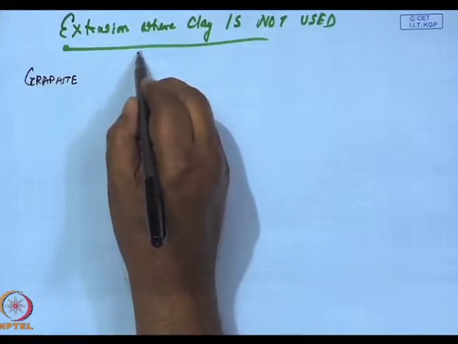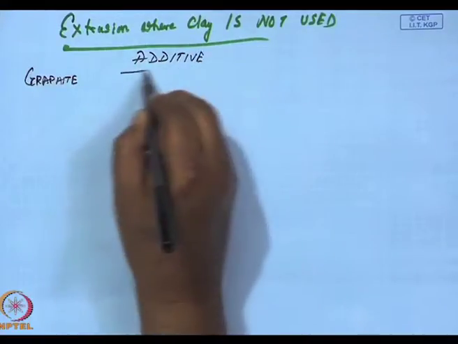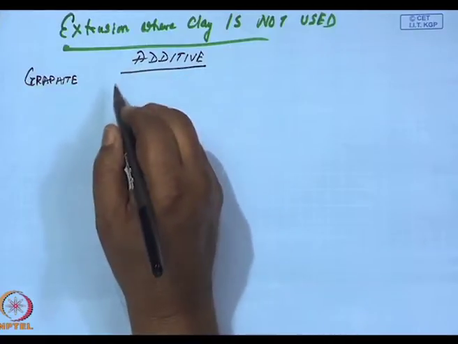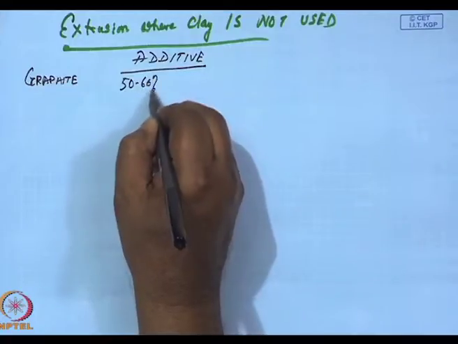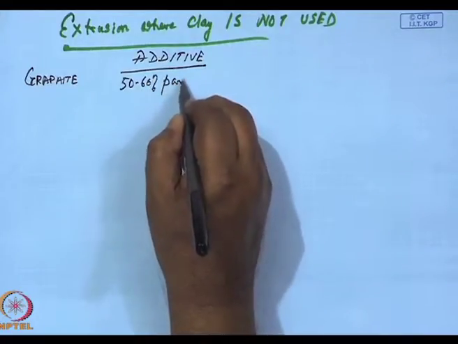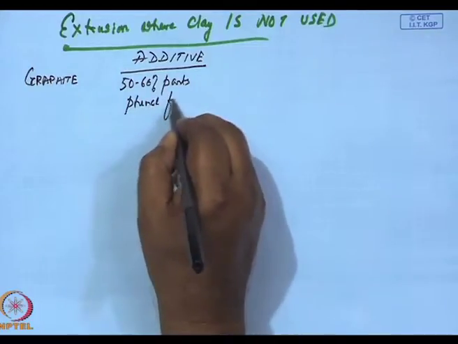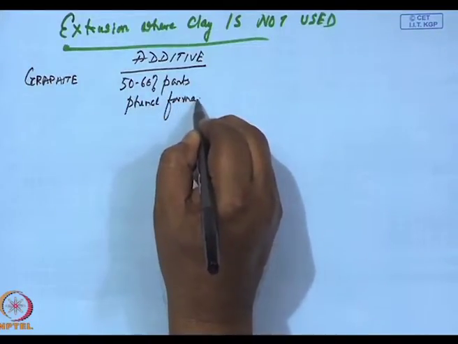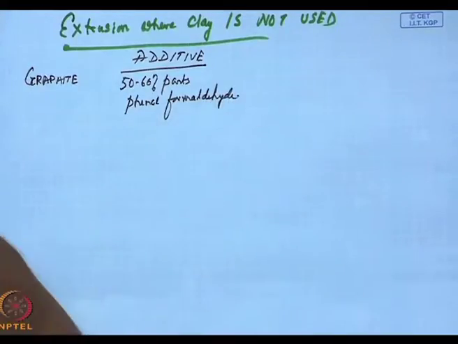What would be the additive? That is the polymer. I would add here 50 to 60 parts phenol formaldehyde, which would be my base additive,